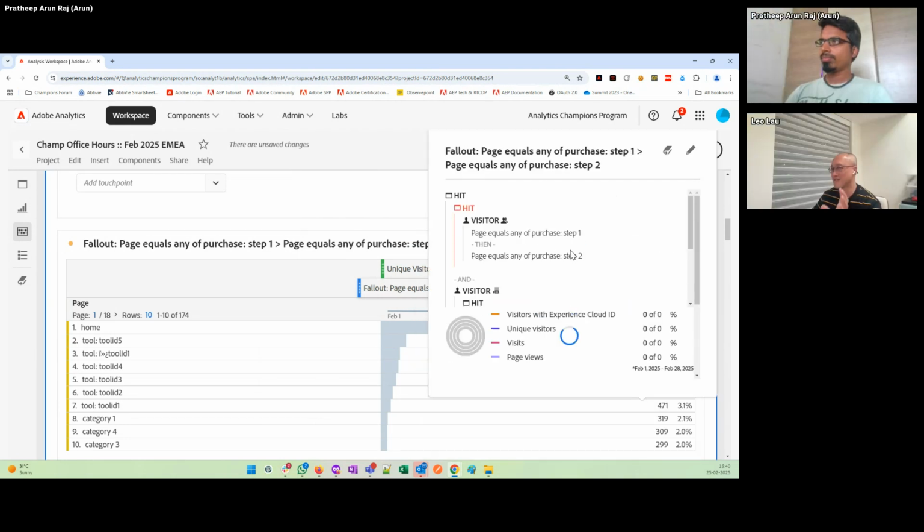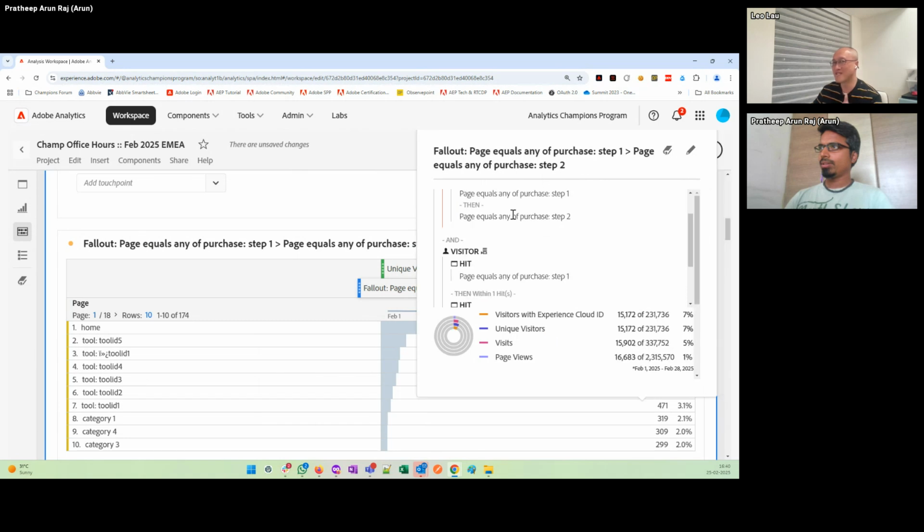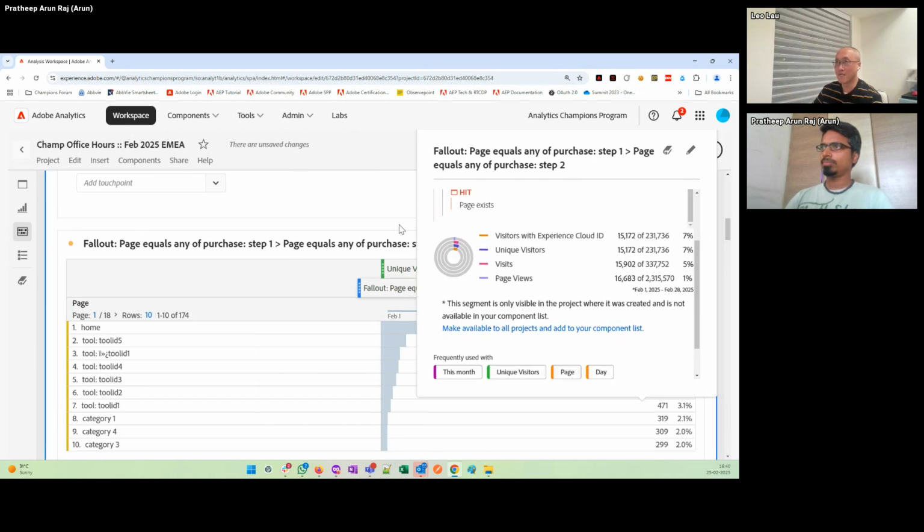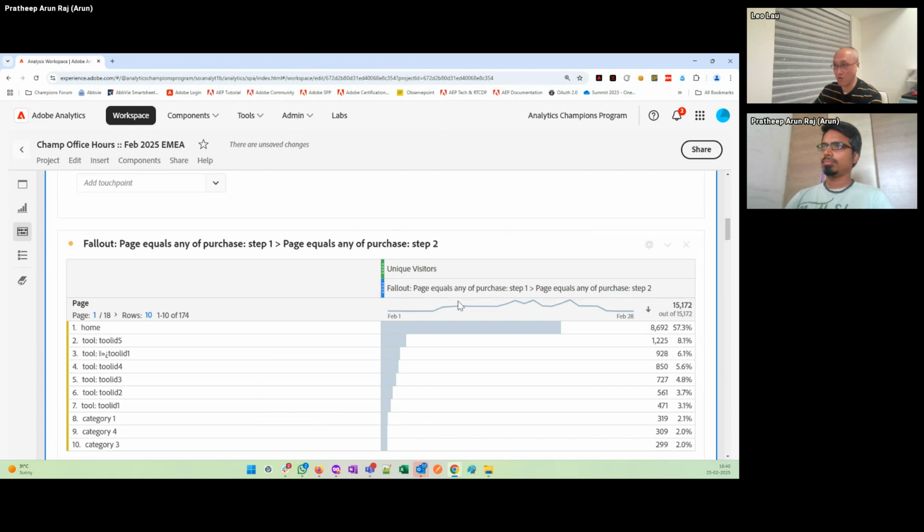First, I think there is documentation on Adobe Experience League that can tell what this fall through and fall out is. But usually we will also want to know what the segment definition is telling. That it says,